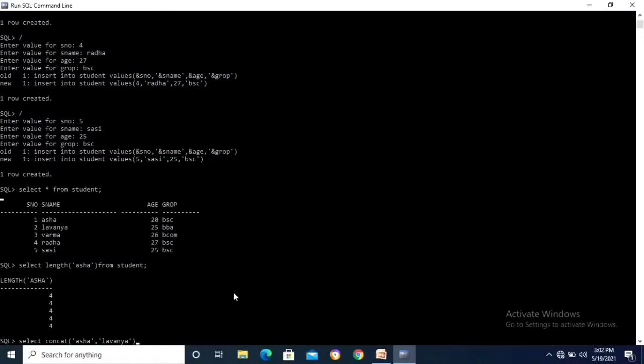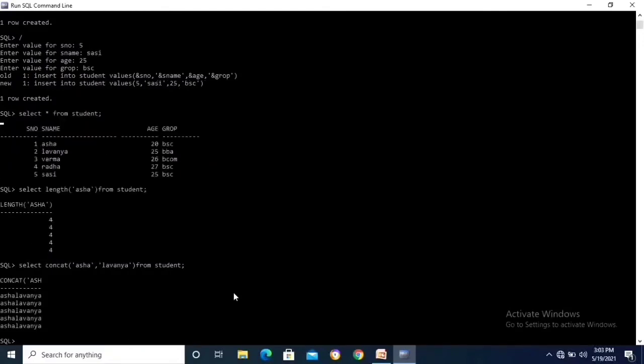Okay, bracket close. From which table? Student table. Semicolon, enter. So Asha and Lavanya are joined, combined. Okay, 2 names are joined. That means the concatenation function successfully ran.